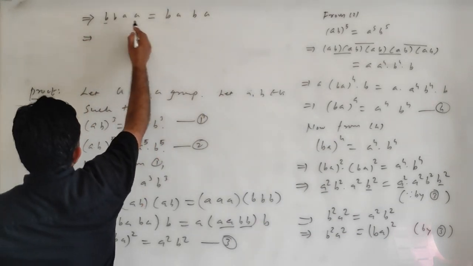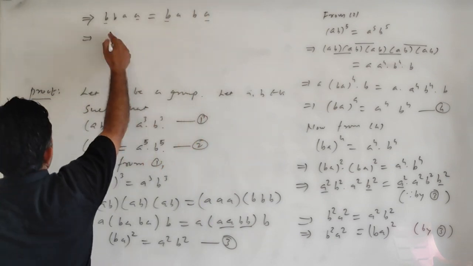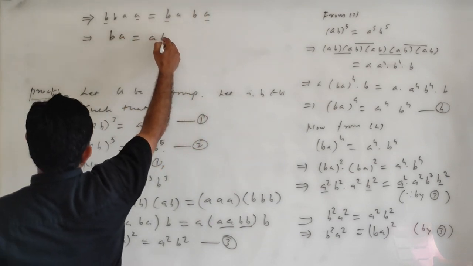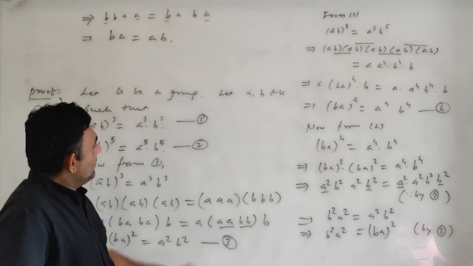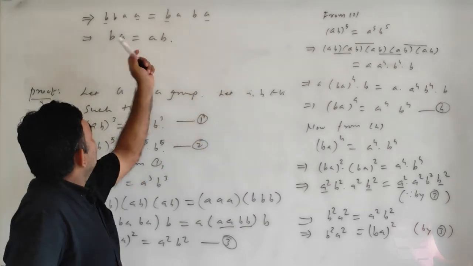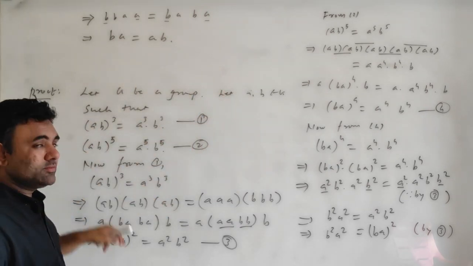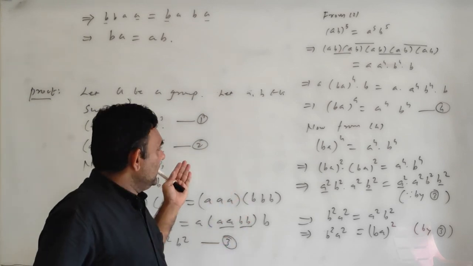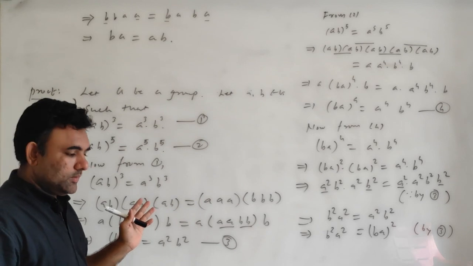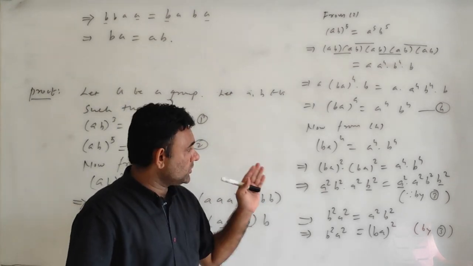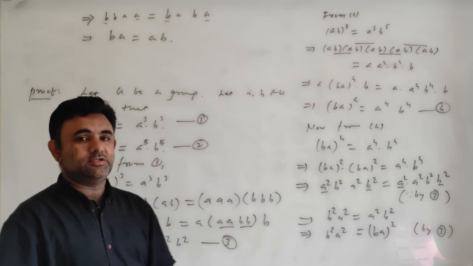So here b is on the left and a is on the right. So by the cancellation law I have ba is equal to ab, and we are done. So what we have proved is, for any a, b belonging to G, ba equals ab, and for that I used these two things. I just manipulated something